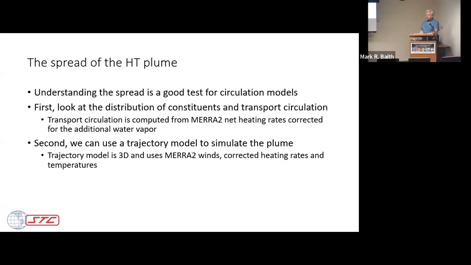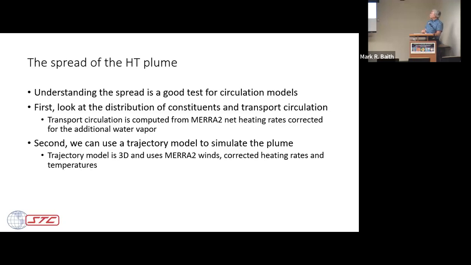Okay, so as I said earlier when I started my talk, this is a really great natural experiment. So we can look at how the Hunga-Tonga plume evolved, and everything I've shown you so far except for the 2D model was just observations. So how did the plume evolve, and how have the models simulated what we're looking at, or what new understanding can we get from the plume?